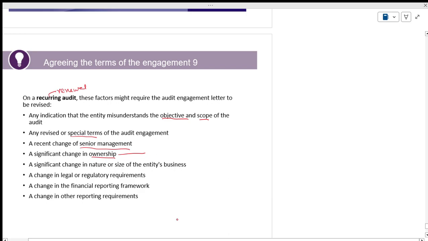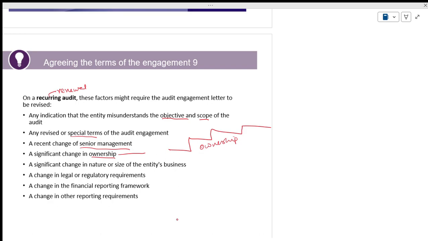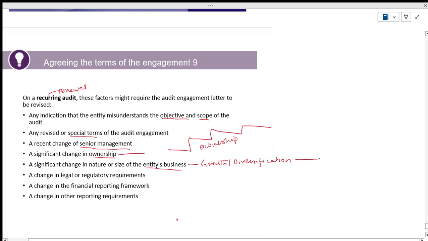You can think only with respect to sole trader, partnership, LLC, right? If there is any change in ownership, definitely we should consider it, because when ownership changes, the management approach will also change. A significant change in the nature or size of the business means any diversification or growth they have done. This is one of the important elements, because as an auditor you should know the